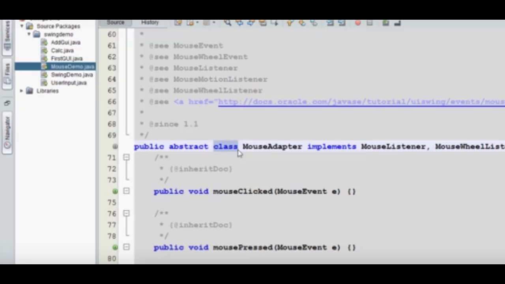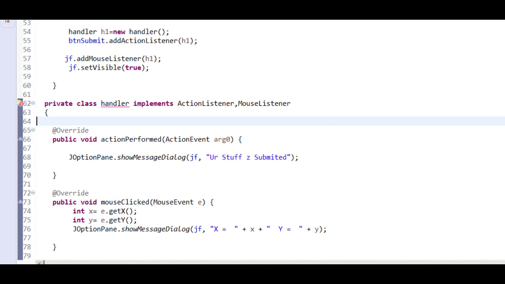Because MouseAdapter is a MouseListener, right? Because it implements MouseListener, it's also a MouseListener. It's also a MouseWheelListener. It's also a MouseMotionListener. And so you are free to override only those methods that you need. That is exactly what you're going to do here. For example,